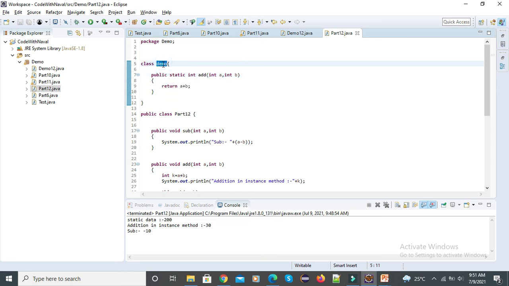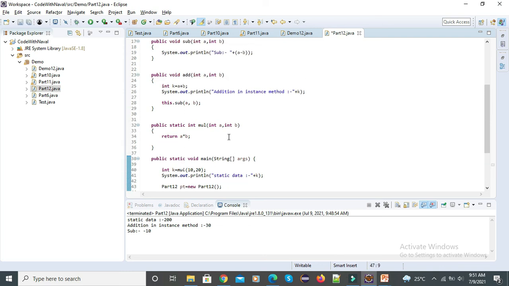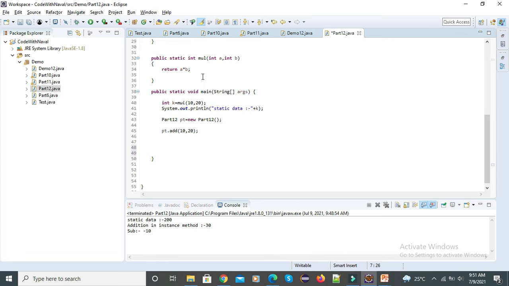So how can we access that add method? In that case, we first have to call the class, then class dot that particular method name. So simply add here demo dot add, and pass 1000 comma 2000, and print this result.